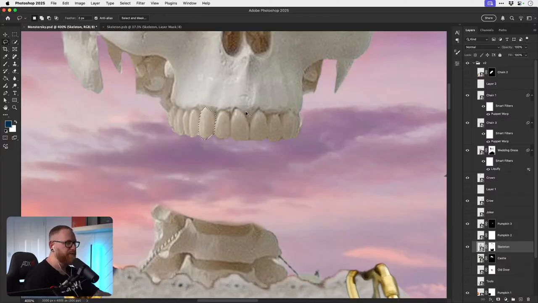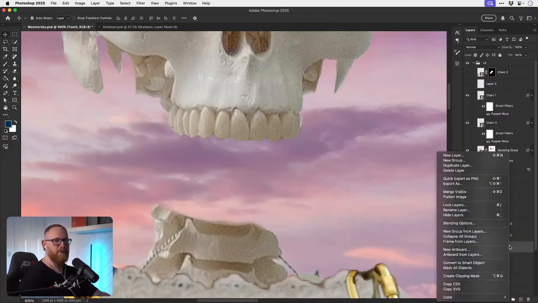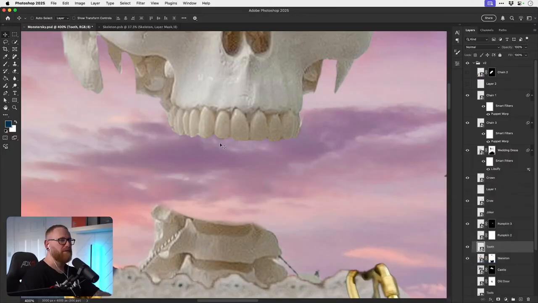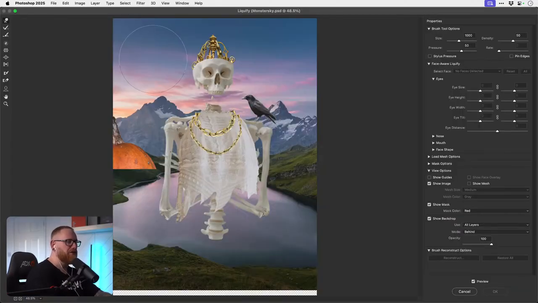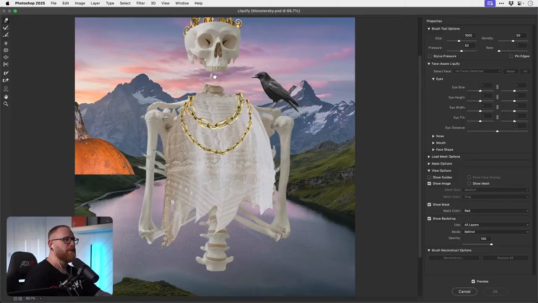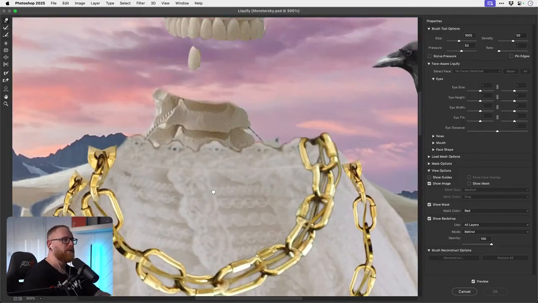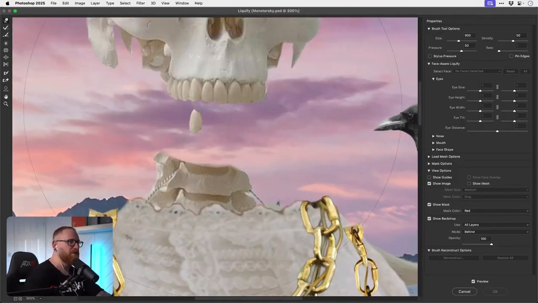There you go. I'll copy that. We got a tooth. We'll make that a smart object just before we start screwing around with it. I'm going to liquefy this one, I think, because I can really sculpt it. Yeah, liquefy is going to be really good here.